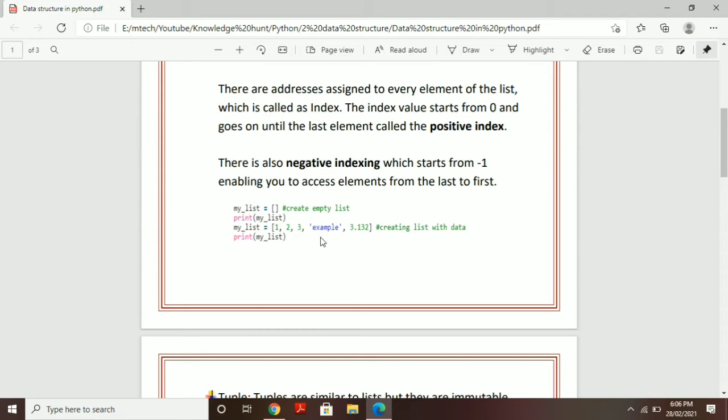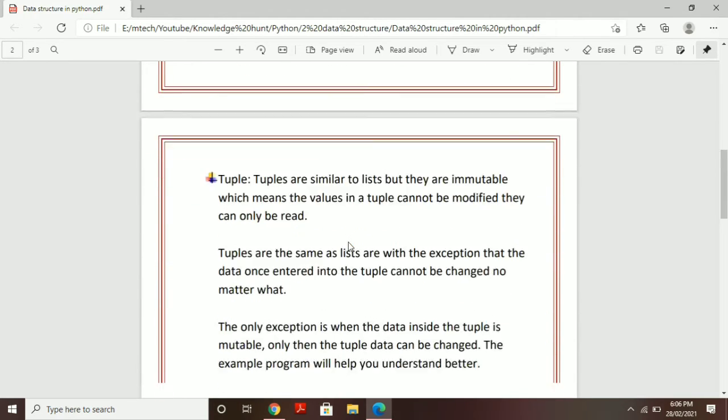I have added 1, 2, 3, a string, as well as a float number. After I print the list, it will print all these elements. So this is the difference between creating an empty list and creating a list with data, or adding elements to the list. This is a basic example of list creation.